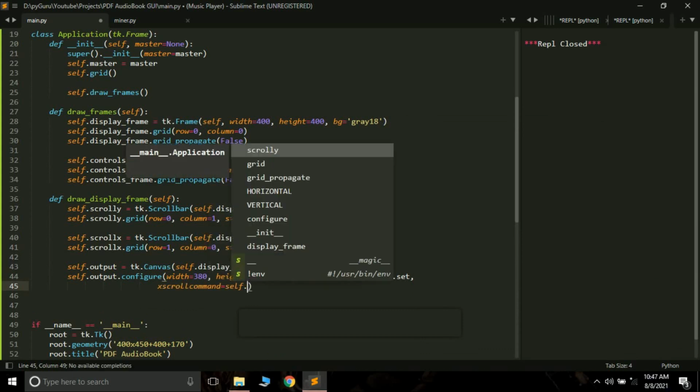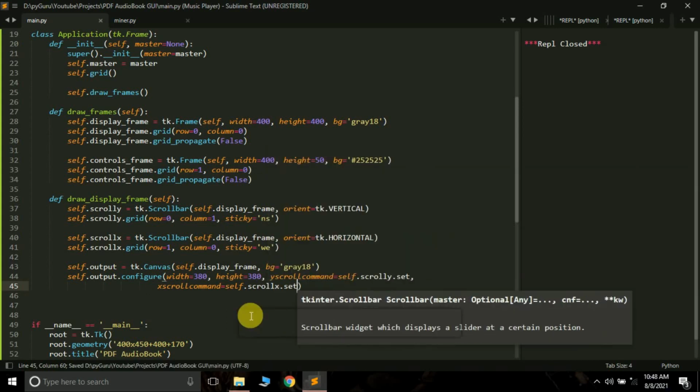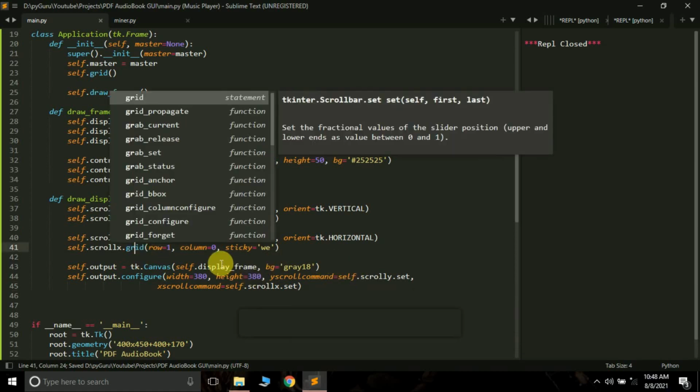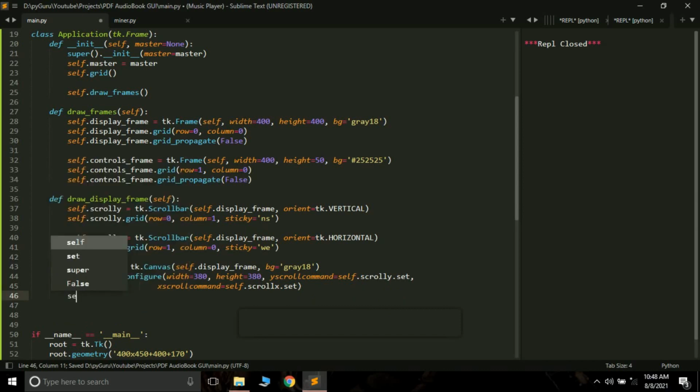Here you have to pass self.scroll_x, again another widget, and .set. So we have bound these two widgets to this canvas using the configure method. So yscrollcommand equals self.scroll_y.set, and xscrollcommand equals self.scroll_x.set.